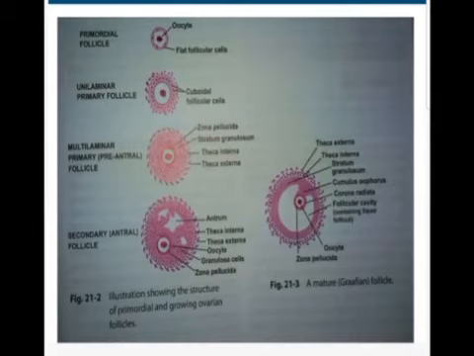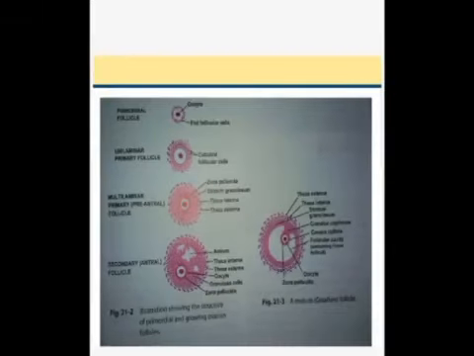All other growing follicles undergo a degenerative process, and that is called atresia. And the remains of the ovulated follicles are converted into the corpus luteum. So the cortex of an adult ovary contains the growing ovarian follicles and their end products, that is corpora lutea, atretic follicles, and corpora albicans.